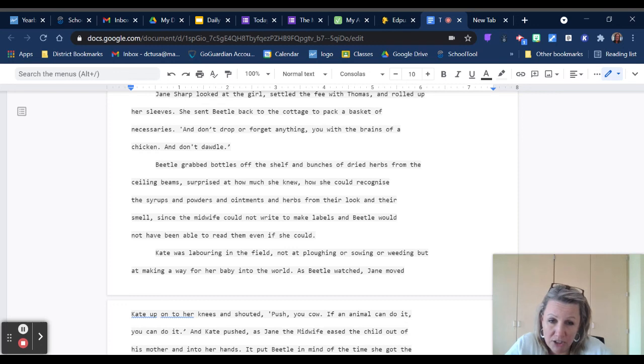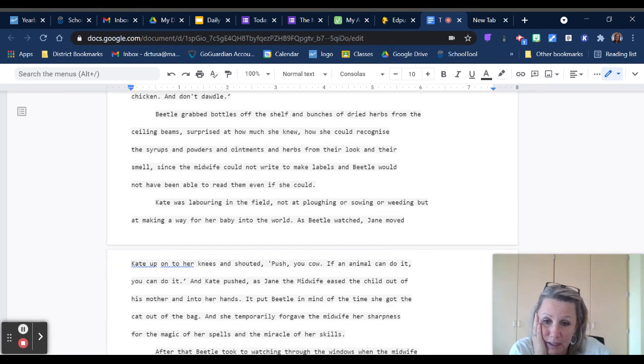As Beetle watched, Jane moved Kate up on her knees and shouted, "Push, you cow! If an animal can do it, you can do it!" And Kate pushed. As Jane the midwife eased the child out of his mother and into her hands, it put Beetle in mind of a time she got the cat out of the bag. And she temporarily forgave the midwife her sharpness, for her magic of her spells, and the miracle of her skills.